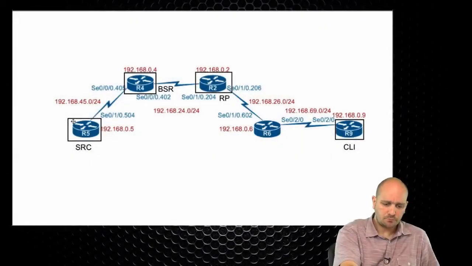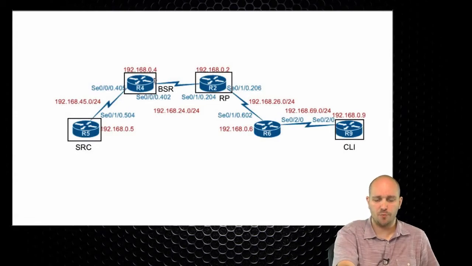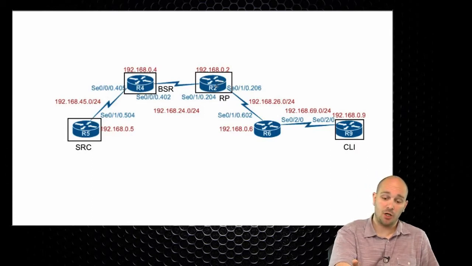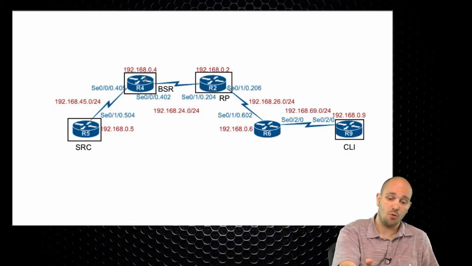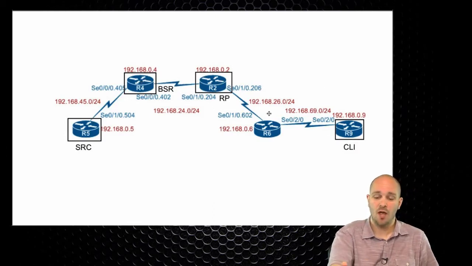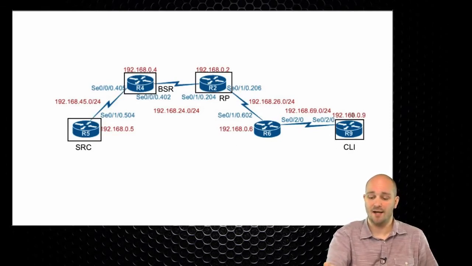R5 in our network is going to be the source sending the traffic. R4 is going to be acting as the bootstrap router. R2 is going to let BSR know that it's going to be the RP candidate, and R4 will have to let everyone else know. R6 is going to be just a regular multicast router,